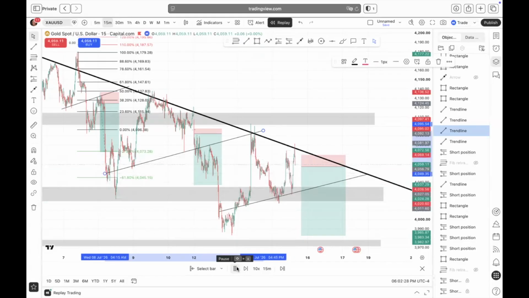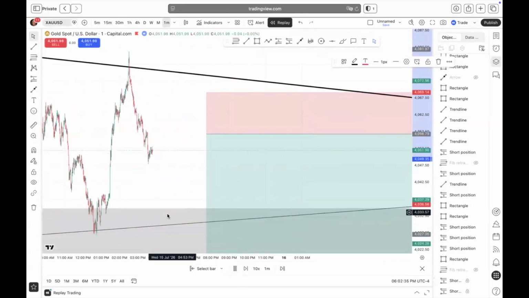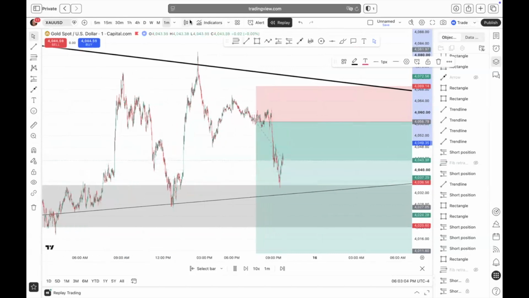Okay. Then I seen the breaks of structure happening on a smaller time frame. So I'm going to go to the 1 minute time frame. We're going to look at this together. All right. Here we go. Push. Then we'll get a drop. Okay. So that was this